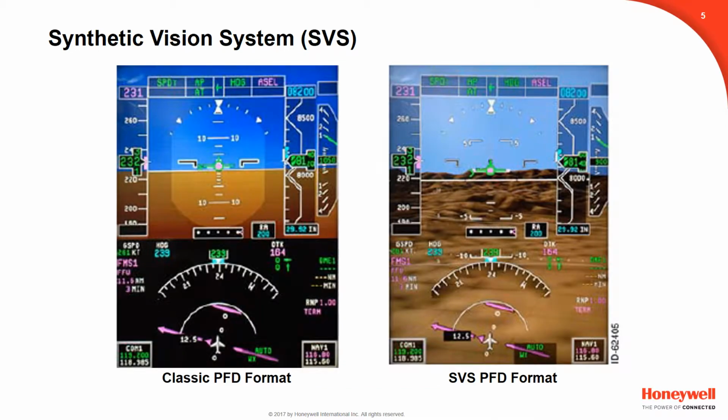During power-up, the classic PFD format is initially displayed. However, if there is a valid GPS position on power-up, the SVS may automatically turn on. SVS is controlled through the MCDU. Synthetic vision works by rendering terrain elevation data oriented in real time to aircraft attitude and altitude. When synthetic vision is on, all of the existing PFD symbology is overlaid on top of the SVS scene or